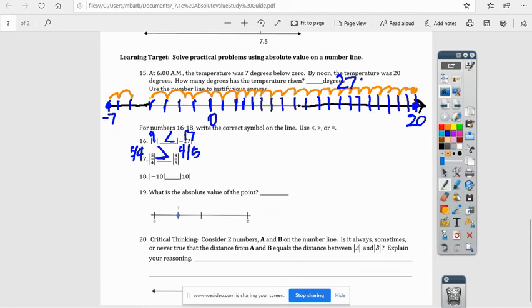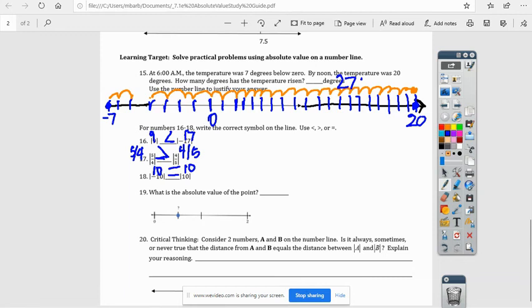And number 18, absolute value of -10. Is that less than, greater than, or equal to the absolute value of 10? Well, we know once we do that, that -10 is going to become +10, and that will also be +10, so therefore this one is going to be equal to. And number 19,